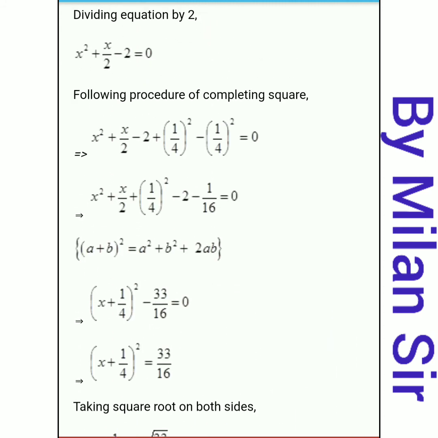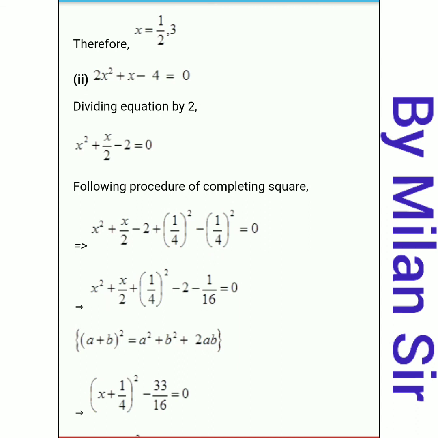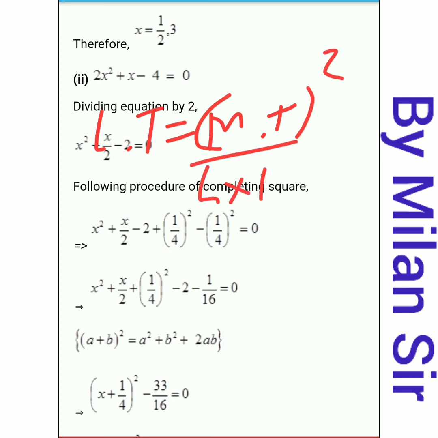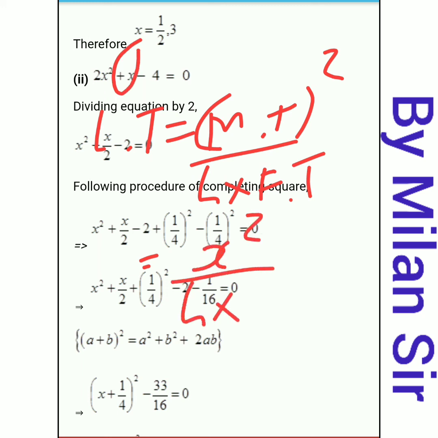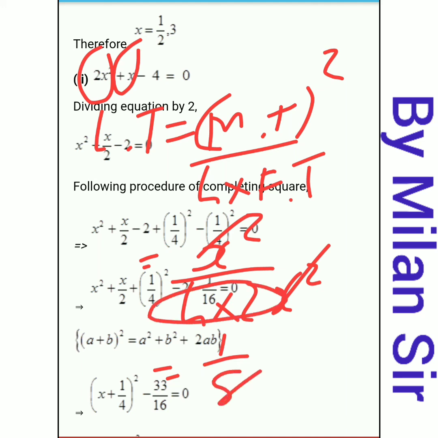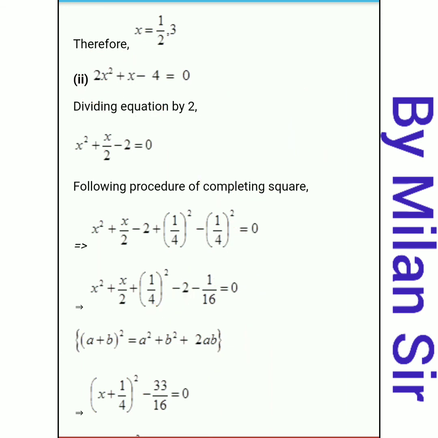Okay, then second method. Directly what we need to do? Directly just put the formula of the last term. It is middle term squared divided by 4 multiplied by the first term. The middle term right now is x, so x squared divided by 4. The first term is our 2x squared, so x squared cancels. In the numerator we do not have anything, so 1. In the denominator 4 times 2 is 8, so 1 by 8. Okay, so the last term is 1/8. So just write down the first two terms.